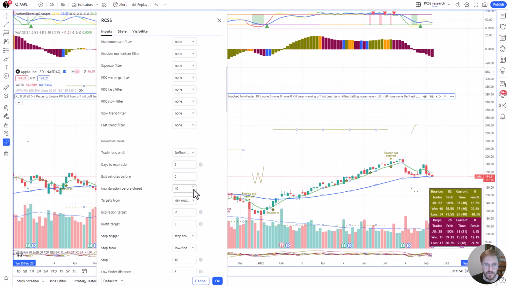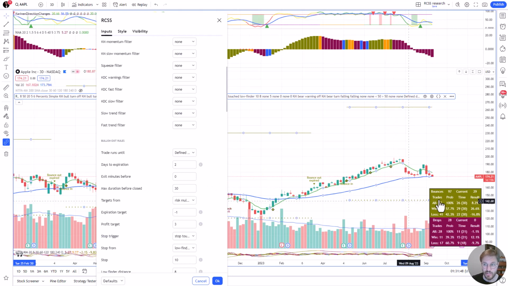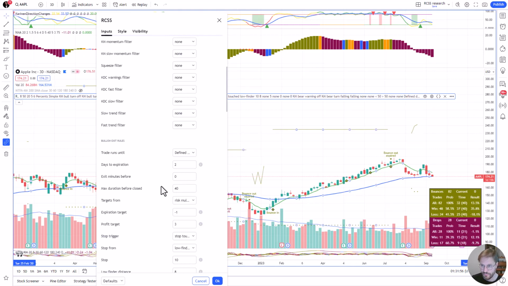13 and a half. Somewhere in this range. Oh, that was much better. Expected return 13%. Now it's only 8.2%. So giving more time seems to be the way to go. 13 and a half. If I go to 50, what do I get? 15.3. All right. And now the trade already runs, when it's a winning trade, it runs 44 times 3, so